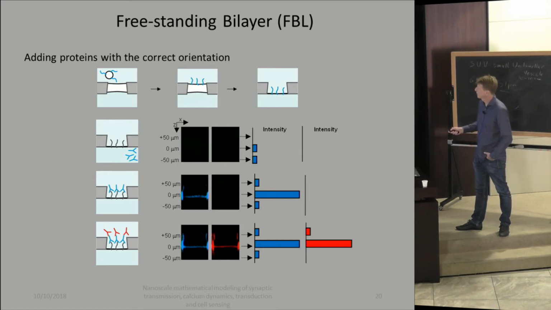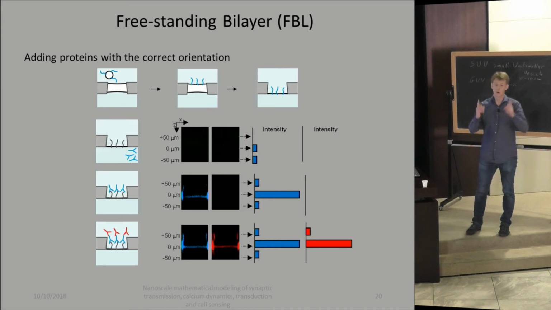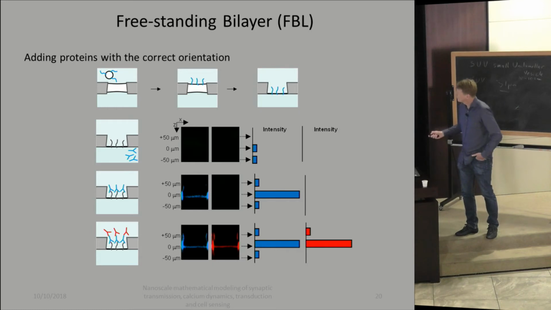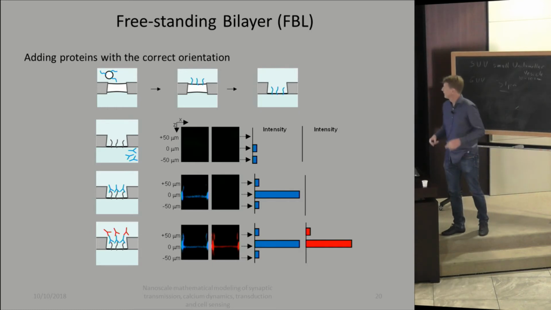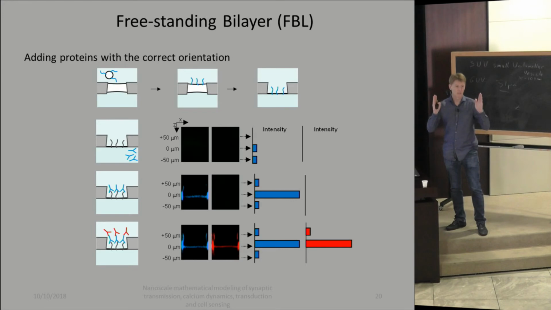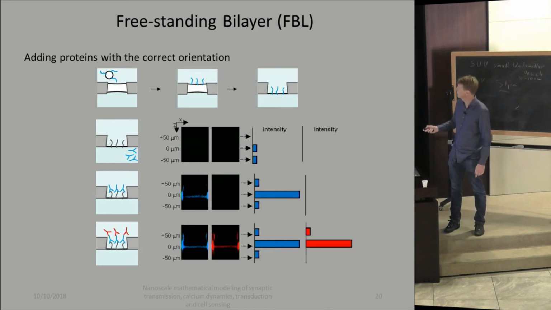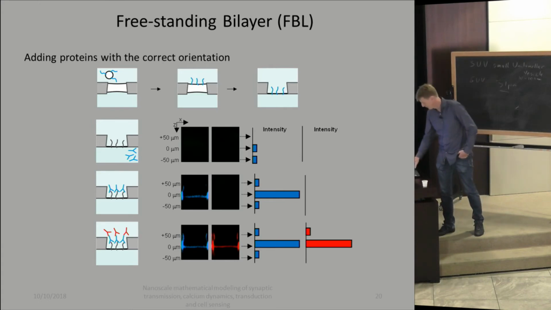If you flow it in at the bottom, you look by fluorescence, there's nothing. If you flow it on top, it becomes fluorescent, meaning all the proteins are with the right orientation. And we can put a secondary antibody, it works also, of course. So basically what this says is that we can make an asymmetric bilayer. We can put any transmembrane protein that is in an SUV, and put it with the right orientation. Okay, if we wanted to have one that's facing the other way, we would have flown it in at the bottom during the formation of the bilayer.